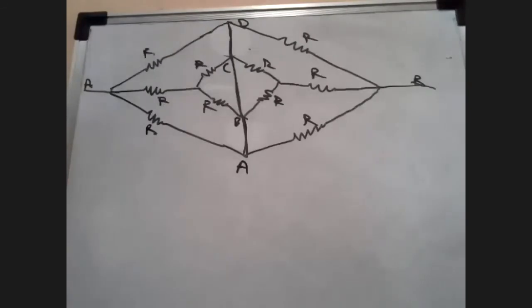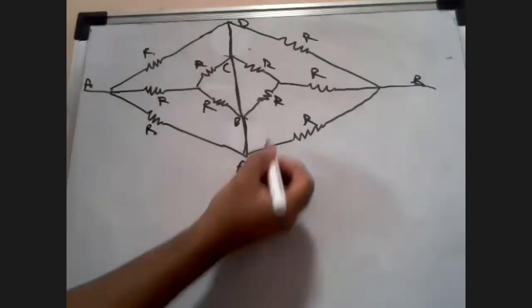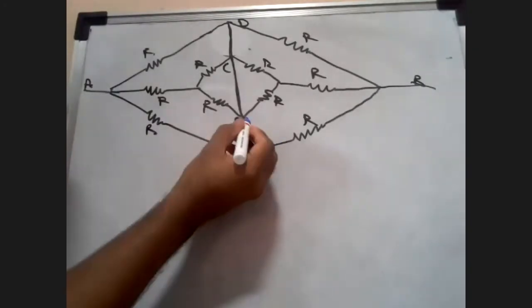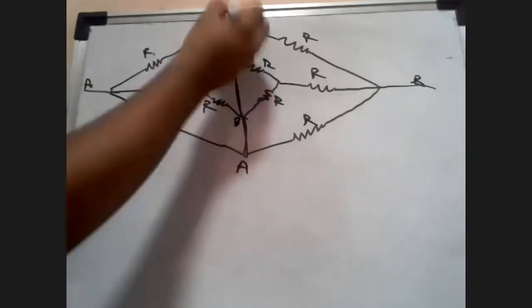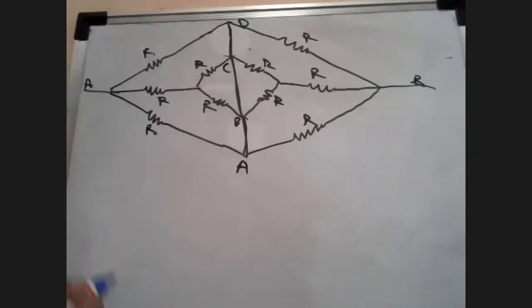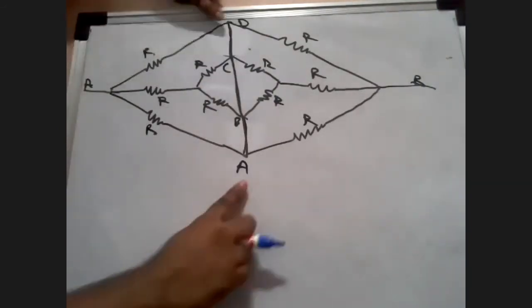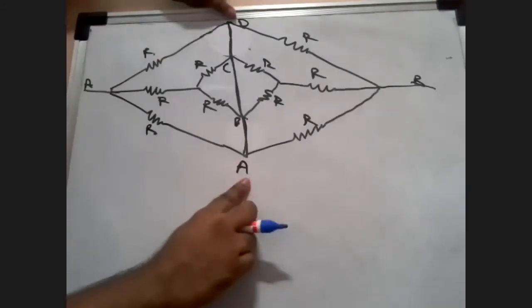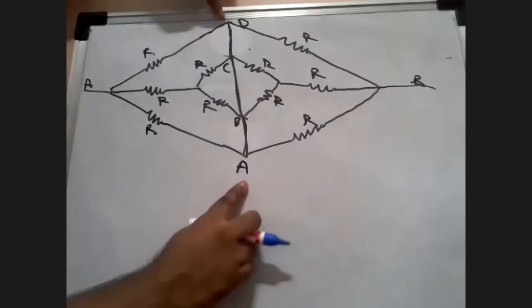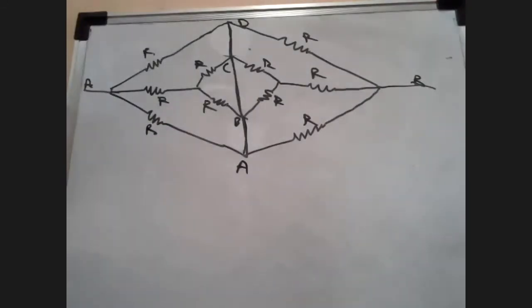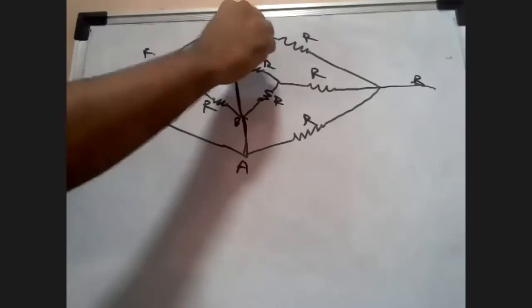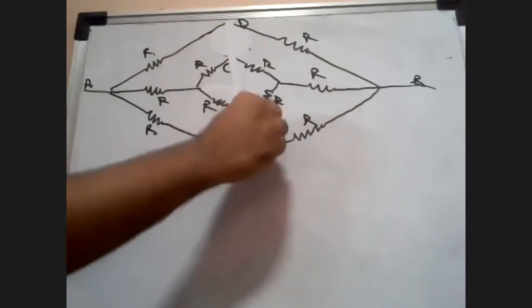Can I say? Because see, these are blank conductors. There's no resistance in between them. I told you, remember? So in this case, what can we do? We can just take A and D, these two points, and pinch all of this together. So if we pinch it, what will it turn out to be? I will pinch this D like this. See, look here. This is how you solve it.